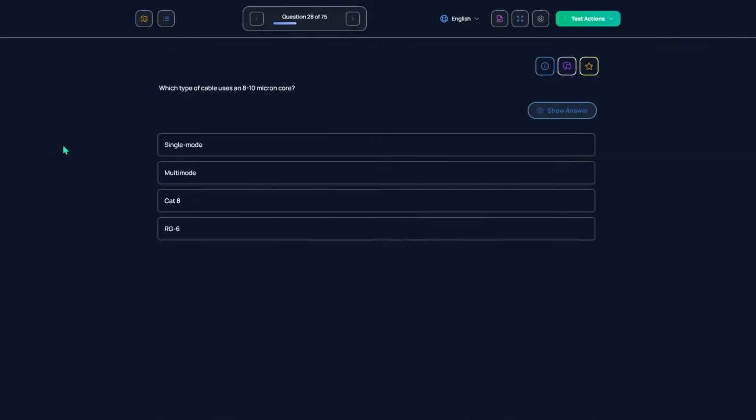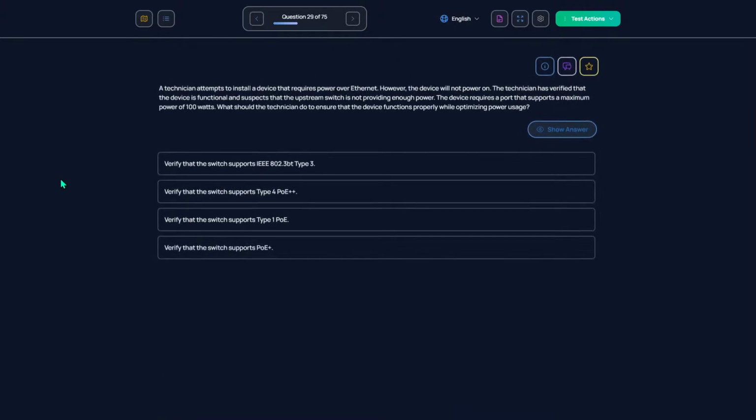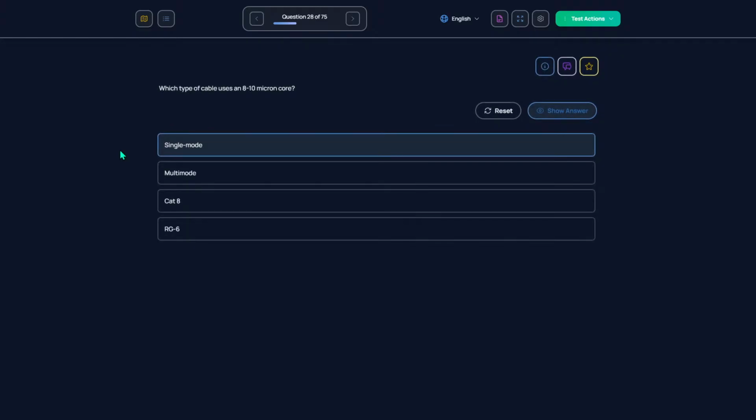Which type of cable uses an 8 to 10 micron core? That's going to be single mode fiber. Let me explain something about this. Single mode fiber uses an 8 to 10 micron core, which is a smaller core than multi-mode fiber.